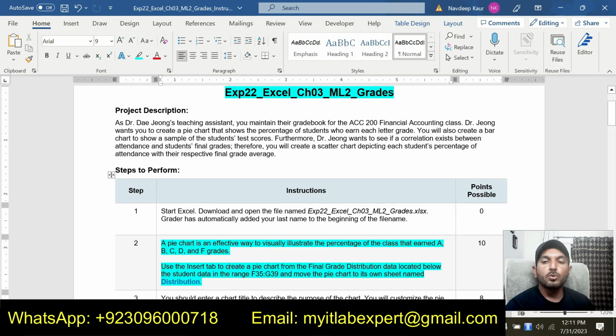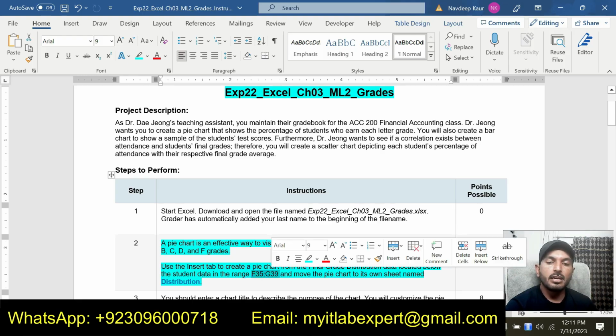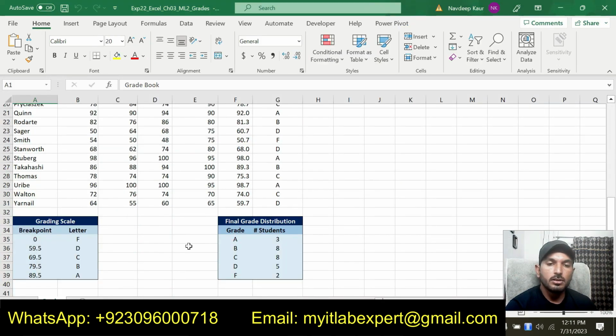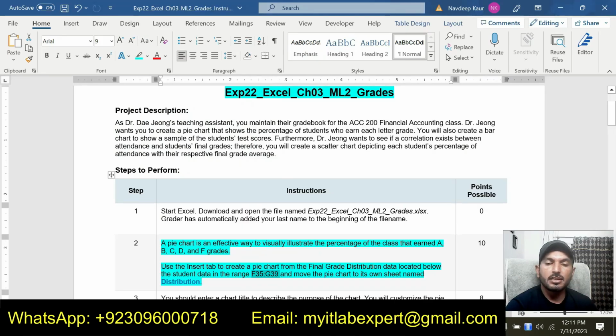So in step number 2, we are supposed to create a pie chart based on the data range F35 up to G39. This is F35 and this is G39. This is the data that we are supposed to use to create this pie chart. Then we will move this pie chart to its own sheet and we will name the sheet distribution.